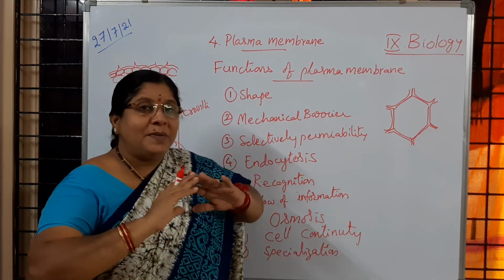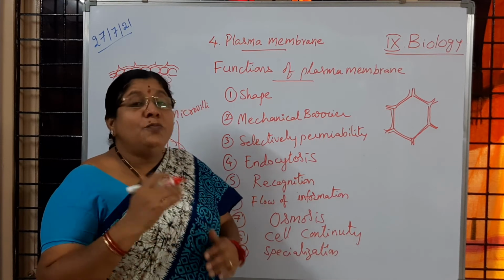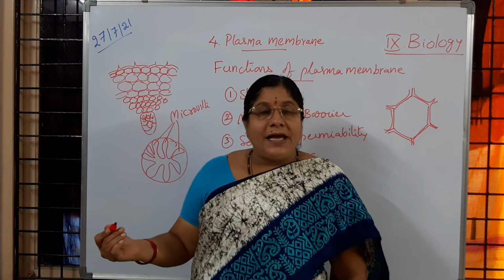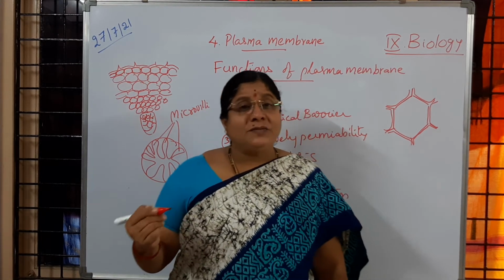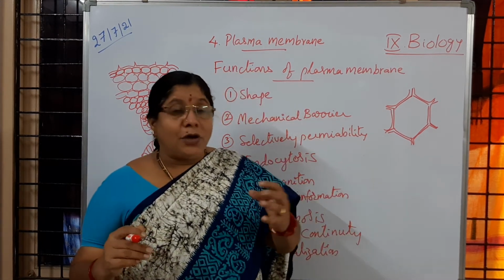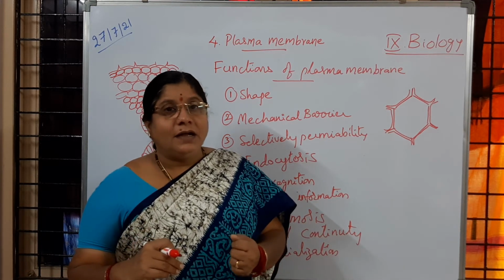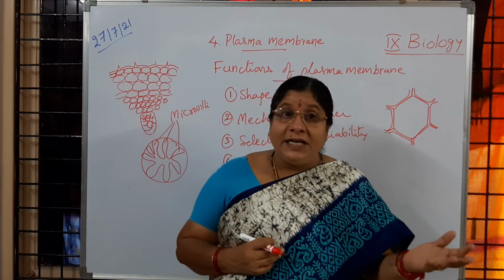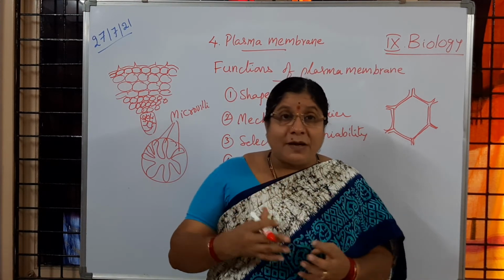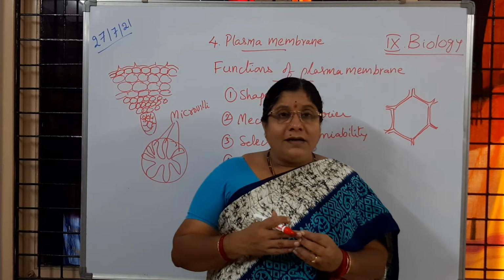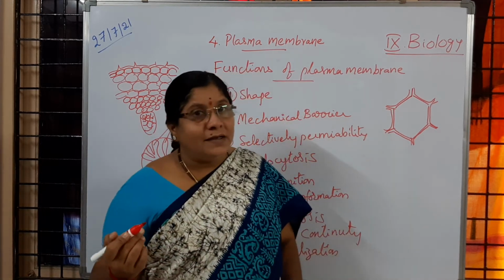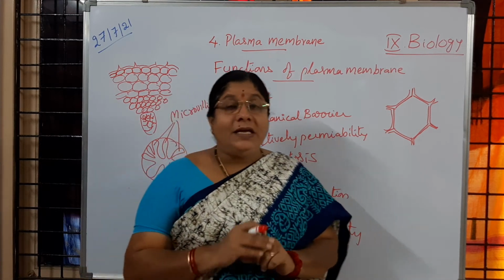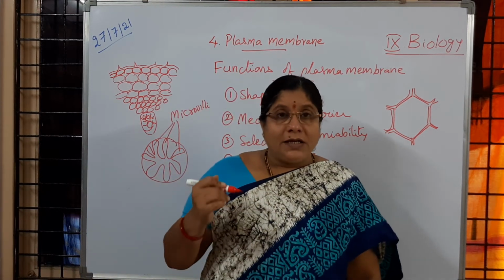whichever is modified, the plasma membrane, which is modified to perform different functions. So absorption is happening here in the microvilli of the small intestine. They absorb the digested food. Like nephrons, if we take, which are present in the kidney, where the nephron is richly supplied with blood vessels, nephrons help in purifying blood. Is it not, children?